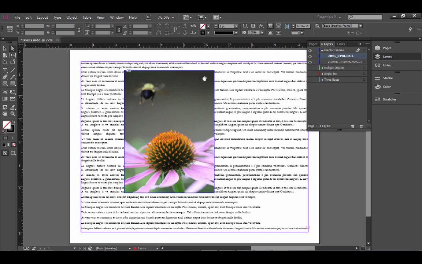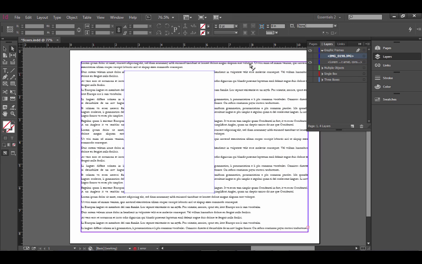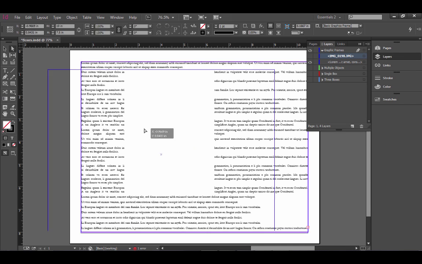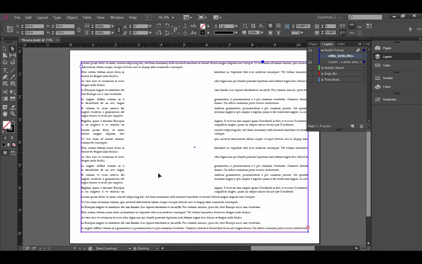What I want to do here is play around with the way that some items fit with text. This is called text wrap, or wrapping text. So I am going to get rid of some things here, and I want to